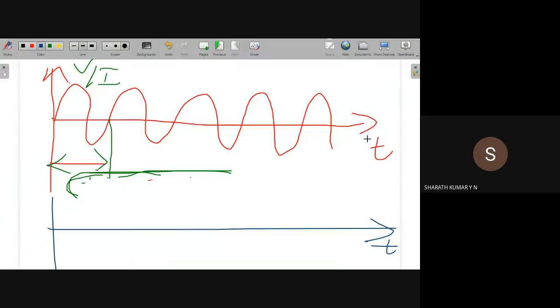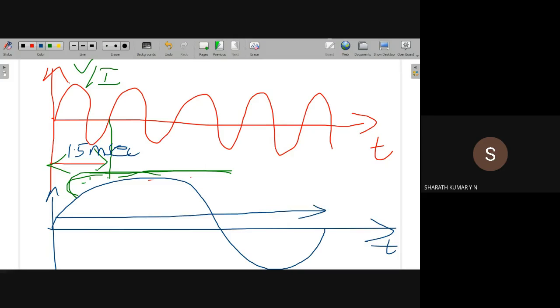So what does it basically mean to say is that the signal whose time period is approximately 1.5 milliseconds is being measured. To measure this signal, we use a time-based signal whose time period is approximately 1 second. Why am I using the word approximately? Because of measurement error. We can't guarantee that it is exactly 1 second. But for our understanding, to make things simple, we can assume that it is approximately equal to 1 second.